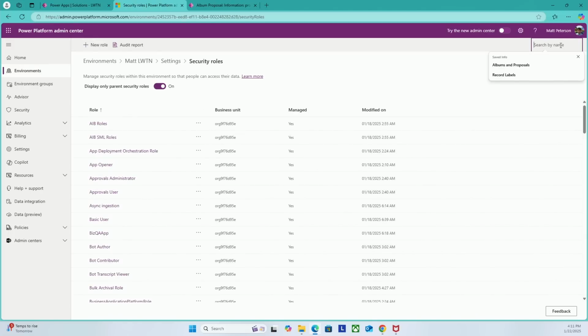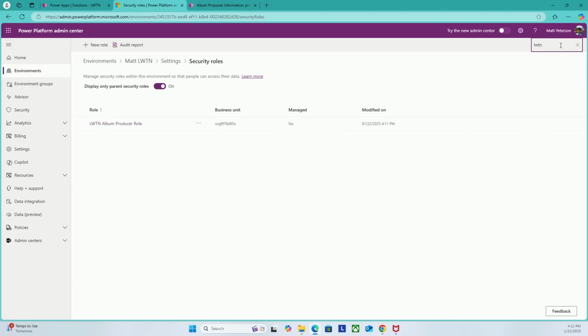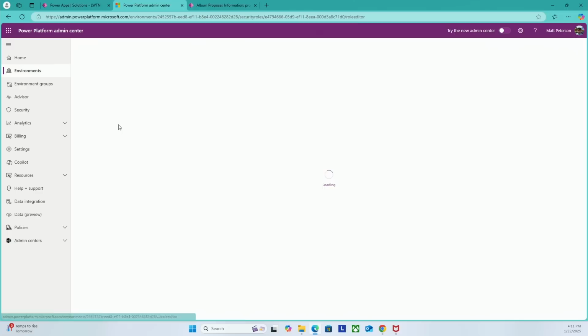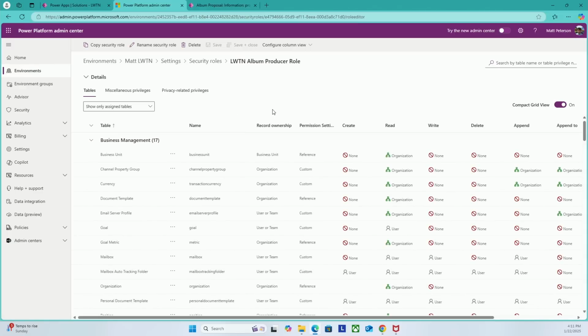So I'm going to search up here because I don't feel like scrolling. My Learn with the Nerd one. And I'm going to click on it from right here. And now I'm going to start to add in. Now, we're not going to mess with the basic user roles here. So what I want to do is go and put in some roles for my album table and for my